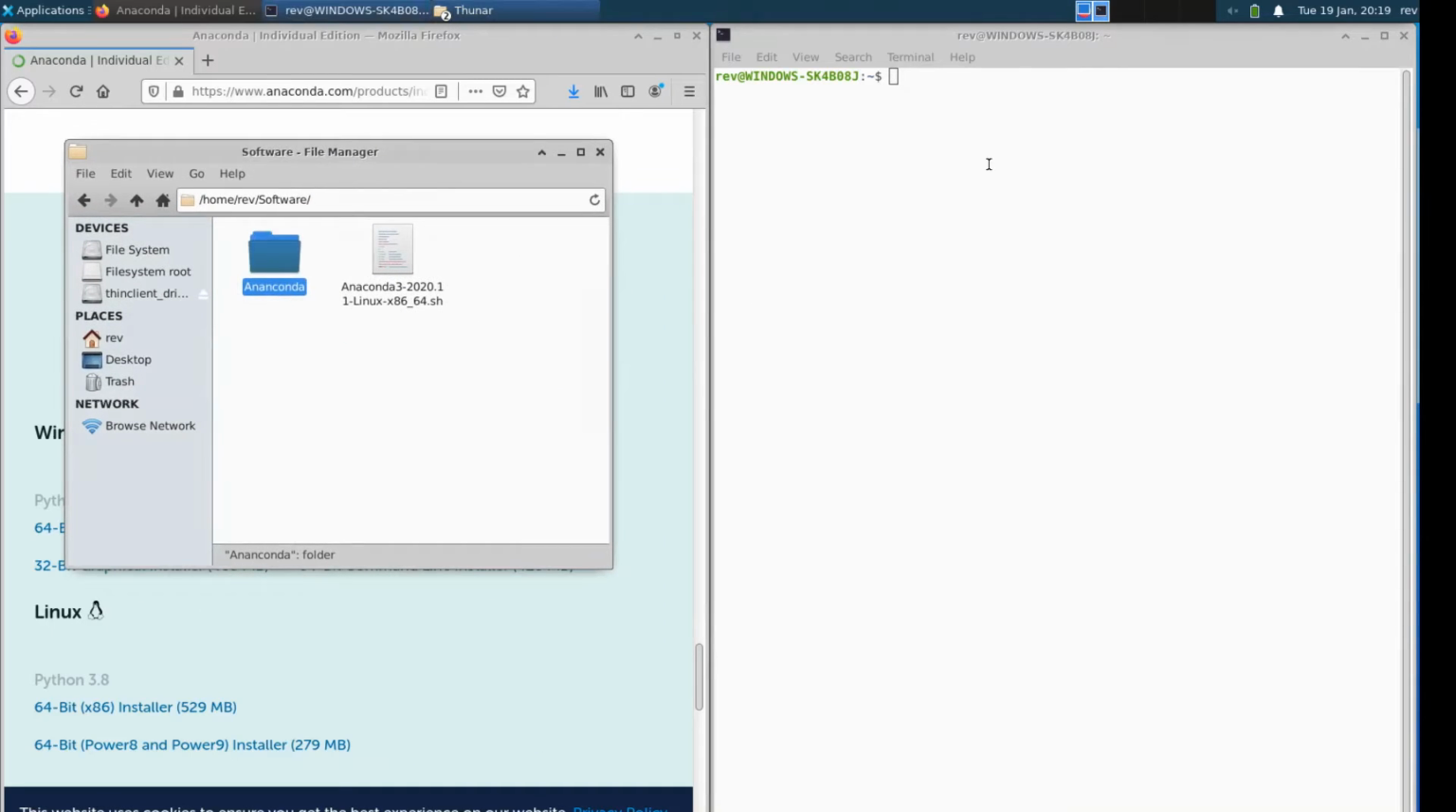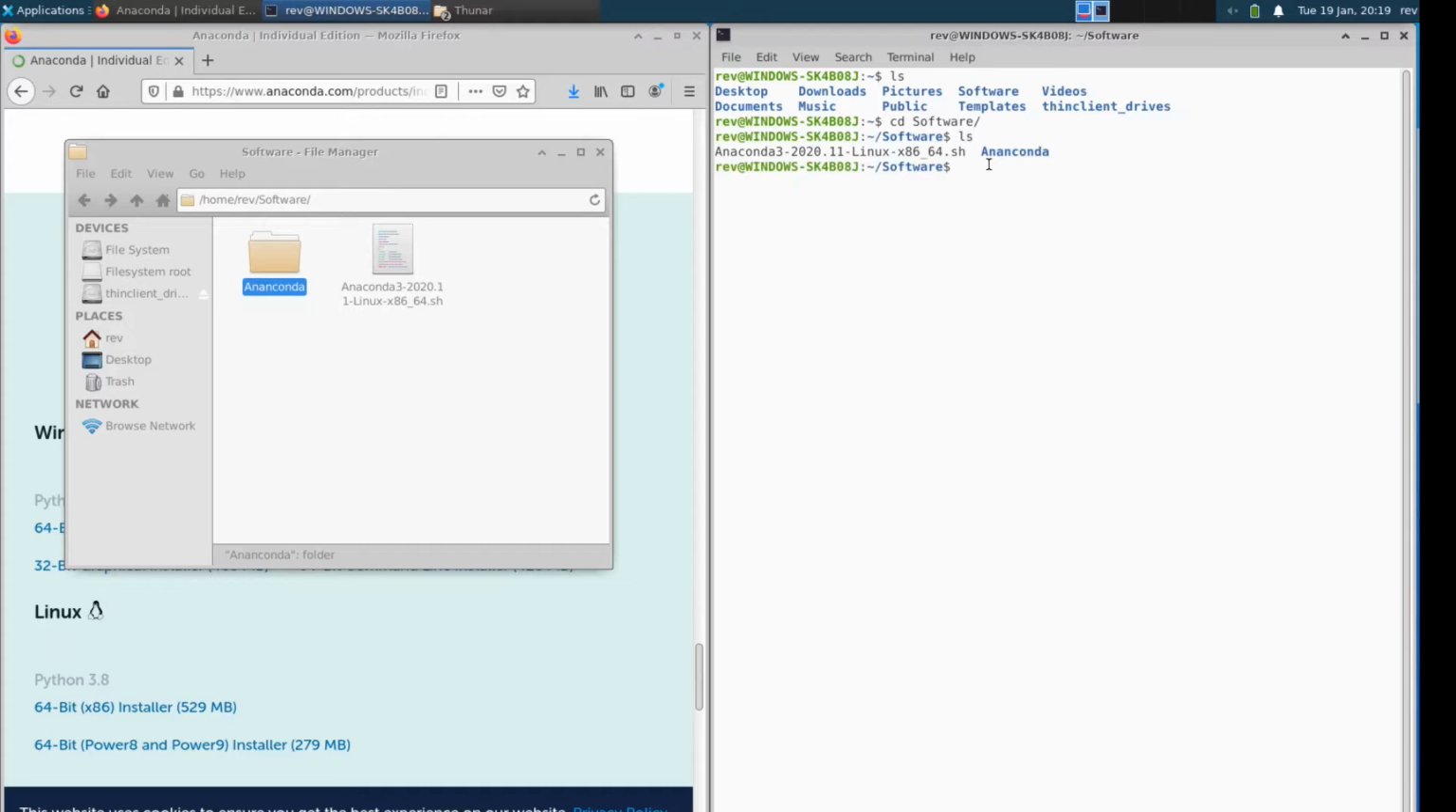So first thing we're going to do here is we are going to be in our terminal, ls, and we're going to cd into software. So this is the folder we're in. As we can see, Anaconda bash file is here to install, and the file we are going to be installing it into. So now if you go bash